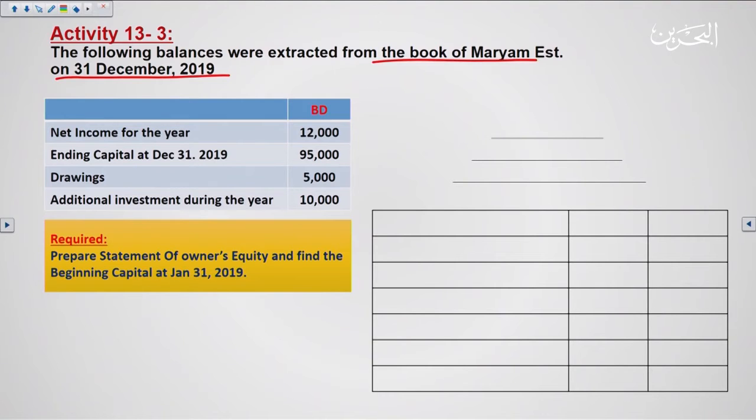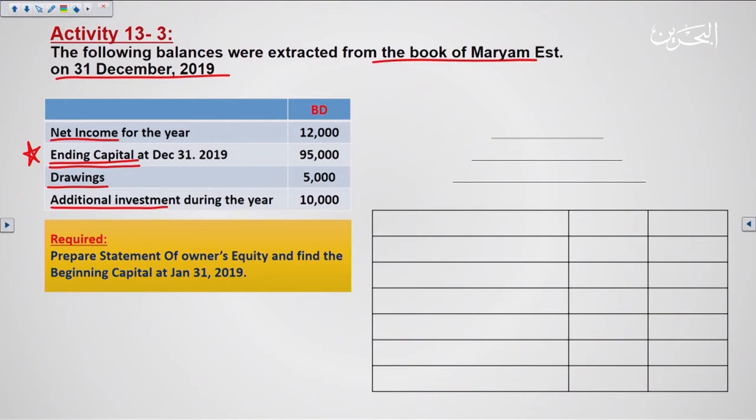We have this information, which is the net income, which was prepared or taken from the income statement. We have here the ending capital, and I will put two lines here to focus on this information, because usually the beginning capital is given, but in this question they gave us the ending capital. So this is the trick of the question. We have to figure it out with the solution. They give us the drawing, which will decrease the capital, and they give us the additional investment, which will increase